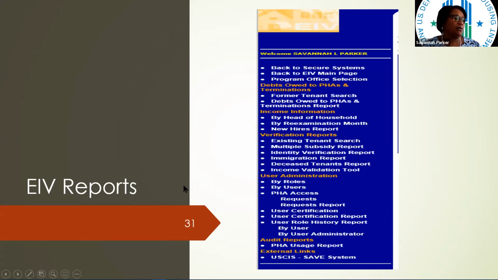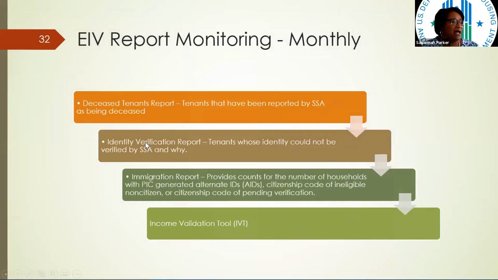Okay, so the EIV reports, and there's a few of these that you need to be looking at on a monthly or quarterly basis. Mainly these reports are for when you do your reexaminations and your new admissions. I'm thinking a lot of you already know this, but just a reminder that for the monthly EIV monitoring, you need to be looking at your deceased tenants report, the identity verification report, and the immigration report, and the